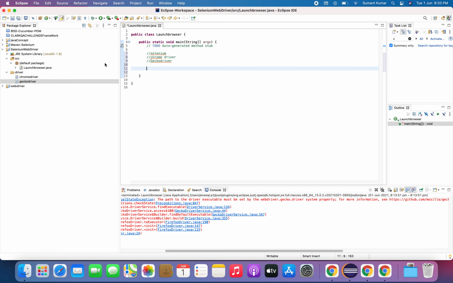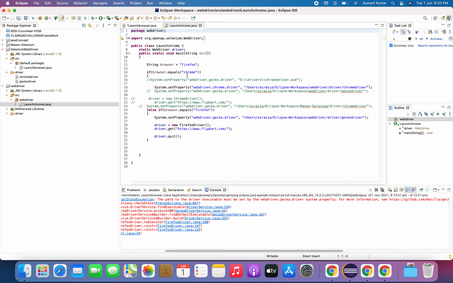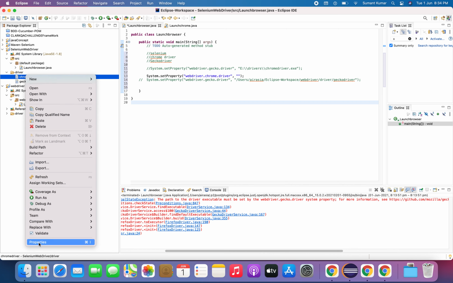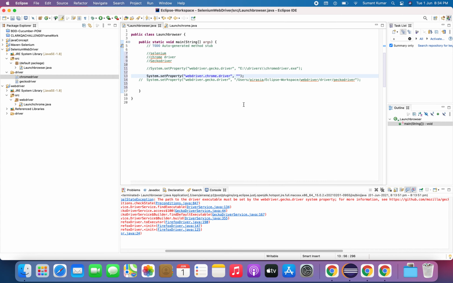So the first thing, you have to give the path of this Chrome driver, like where you have kept it. For that, I will tell you how you can give it. I already have the code here, so I will just copy paste. Yeah. So let's see this line of code, System.setProperty, and I am giving webdriver.chrome.driver, and this is the path where I have kept my WebDriver, right? So this is my Chrome driver. So I will just copy the path of this Chrome driver from here, and you can put it here.